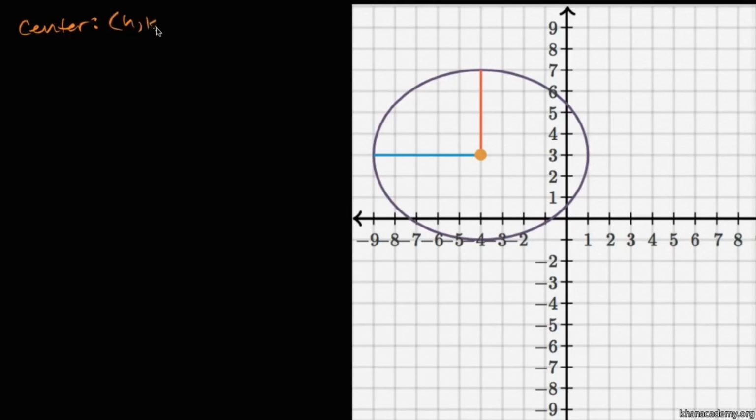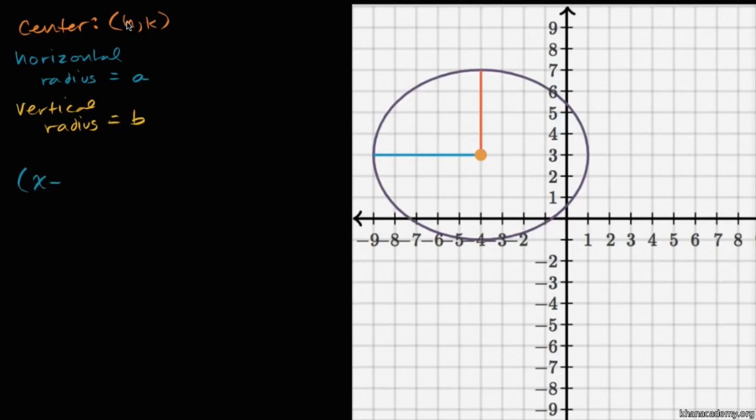So I'm going to speak in generalities first, and then we'll think about the specific numbers for this particular ellipse. So let's say the center is at the point h comma k, and let's say that you have a horizontal radius. So the radius in the x direction, horizontal radius, is equal to a, and let's say your vertical radius is equal to b, then the equation of this ellipse is going to be